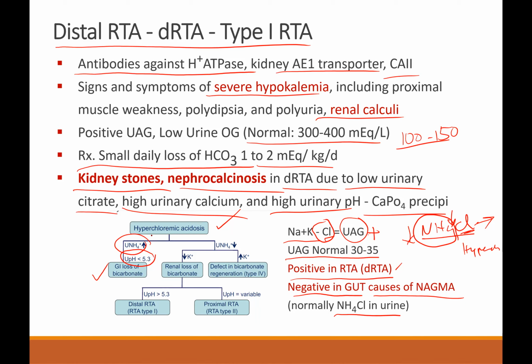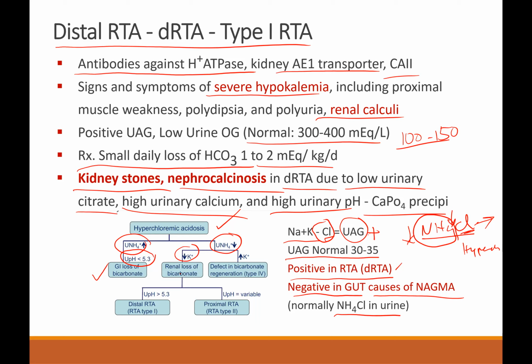Either you have diarrhea, or you have pancreatic fistula, or you have ureterosigmoidostomy. Okay, that is the reason. Supposing in hyperchloremic acidosis the urine ammonia is lower, that means the kidney is not able to excrete the acid ion. Acid ion is required for ammonia ion. So ammonia is less. Then look at the potassium. Is the potassium low or is the potassium high? If there is ammonia low and potassium low, there is renal loss of bicarbonate. This is a hypokalemia associated with the hyperchloremic acidosis.